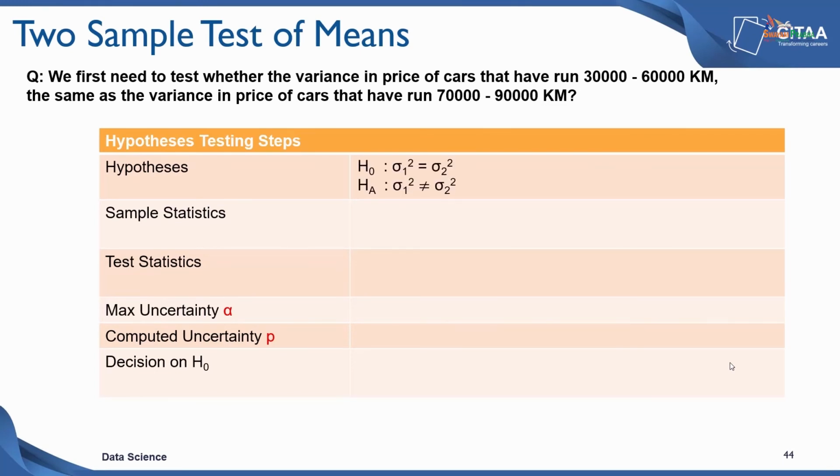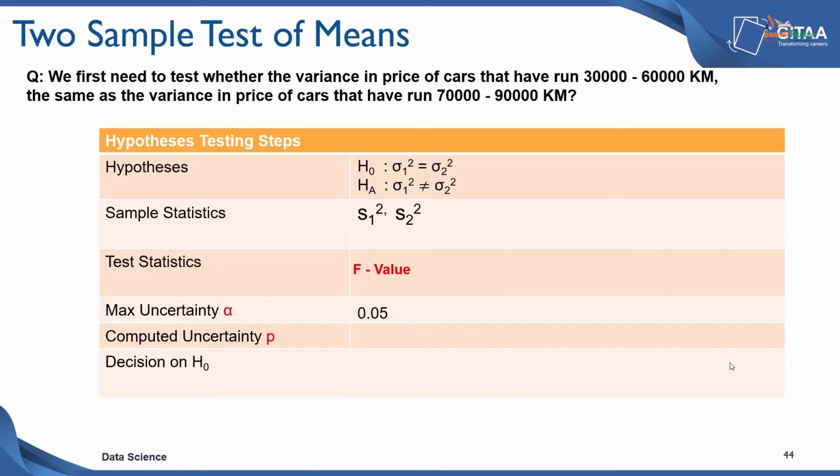So, the null hypothesis is that in group 1 the variance sigma 1 square is equal to sigma 2 square, the variance in group 2. The alternative hypothesis is that they are not equal, and we will use the variances computed from the sample, S1 square and S2 square. Again we are using the same 500 sample. So, we use S1 square and S2 square as sample statistics to understand whether sigma 1 square is equal to sigma 2 square, and we will use the F distribution and the F statistic to compute equality of variances.